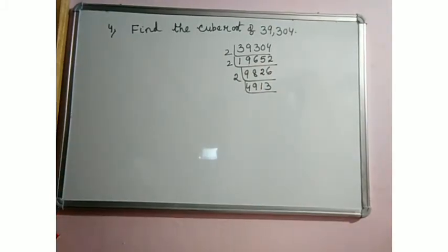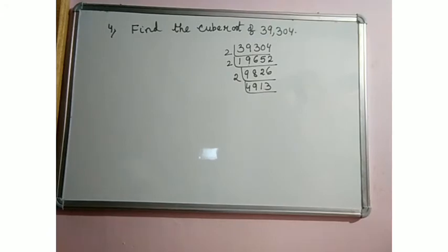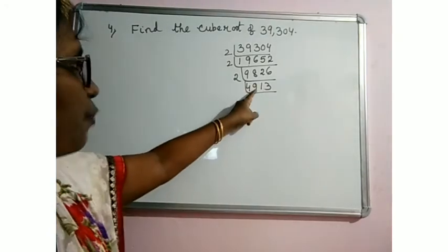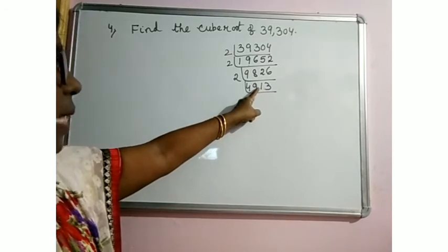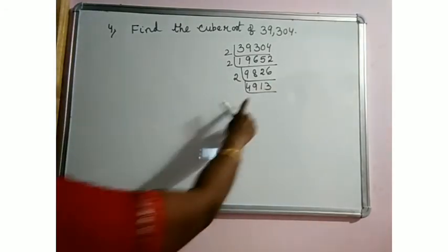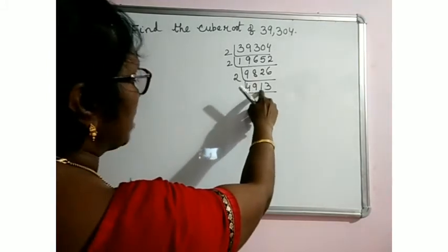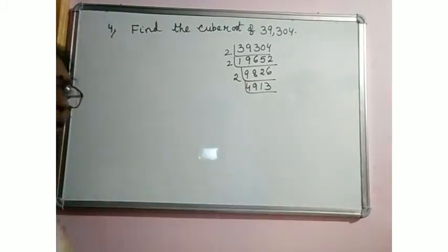Let us see whether it is divisible by 7 or not. 7 7s are 49. 1 3 is there. No. Next prime number is 11. 11 4s are 44. 5 1. 11 4s are 44. Next we get 7 3. No. Next prime number is 13. 13 3s are 39. 1 0 1. 13 7s are 91. 1 0 3. No. It's not divisible by 13 also.